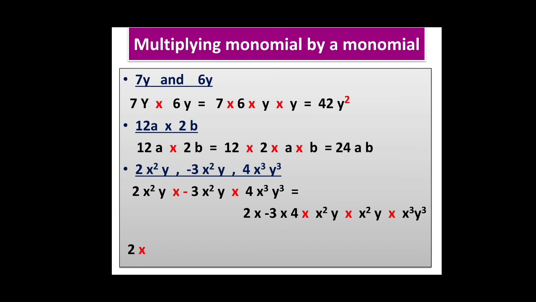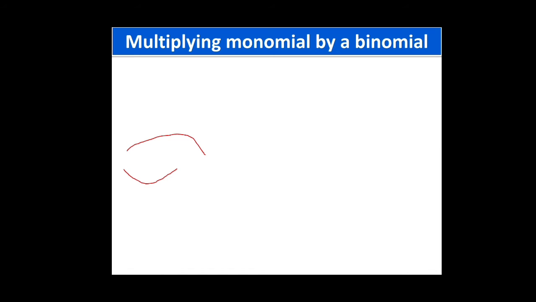Now start writing 2 into minus 3 into 4 into, here if you see, x has exponents 2 plus 2 plus 2. As x is common, we write x and take the powers, and y cube plus 1 plus 1. Have you remembered, a power m into a power n gives a to the power of m plus n. So here we have applied the same formula. Minus 24 into x to the power of 7 into y to the power of 5. When you add, you will get 7.